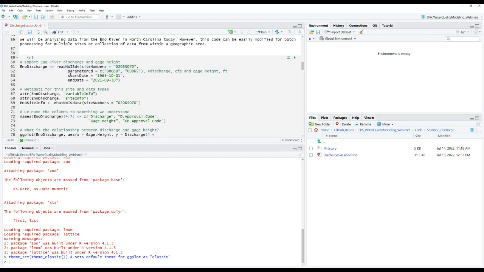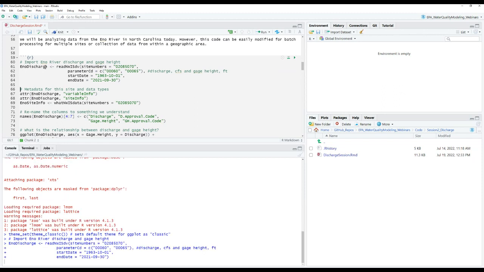However, I'd like to trim this to the complete water years that are present for this site. Monitoring for this site started earlier, in 1963, and went through today in 2022. But the most complete water years, which start October 1st and end September 30th, will be starting on October 1st of 1963 and then ending at the end of September in 2021. You don't have to specify start and end dates, but I find this easy just because I want full water years for this specific application.